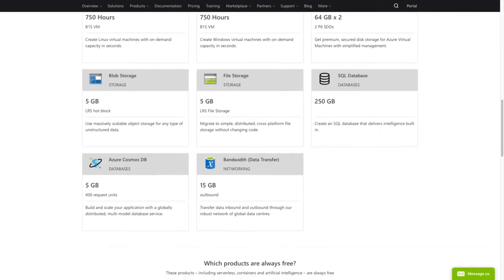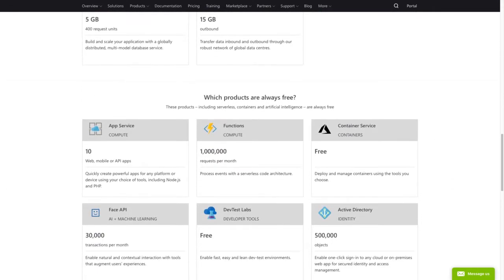Okay. And there are some free services that are free forever. For example, app service, which includes free tier. By the way, when you have free tier app service, some of the features of it are not available in free tier. So for example, custom domain is not available in free tier. So you need to keep that in mind before you use free service for learning the things. And you will get 1 million requests per month in functions and some of the other things. Okay. So these are all the free services that you will get when you first time register with Azure.